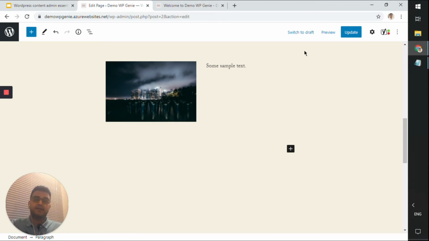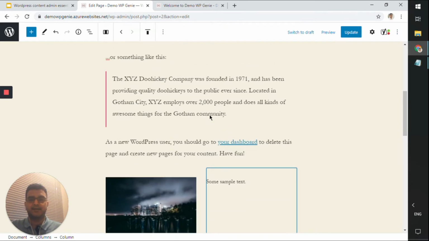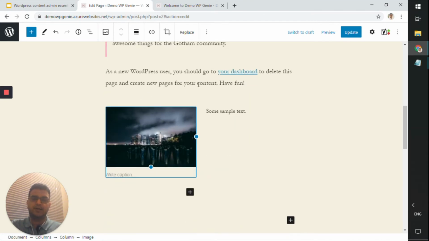That's all you need to do, and with just minimum steps, you have your 2-column content available, and as we saw before, in this we did it 50-50 as the distribution of the columns, but there's a few other options available too. Now if you don't want these toolbar options to be showing up on your screen, you can click on the top toolbar options, which will mean that instead of that little toolbar popping on top, which may or may not be annoying, depends on what you're used to, instead of popping up over there, it will just stick on the